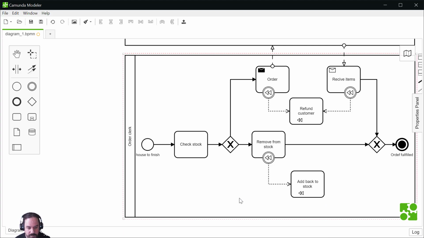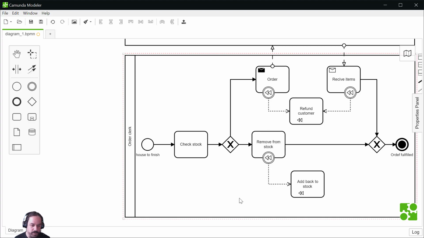So here we have the action to remove from the stack, and we have the add back to stack, which is the opposite activity that will undo the activity, and that means that if in that process there is an issue, then we will cancel the activity. So if you go through the process with a rewind arrow and something bad happens after it, then we will undo it by